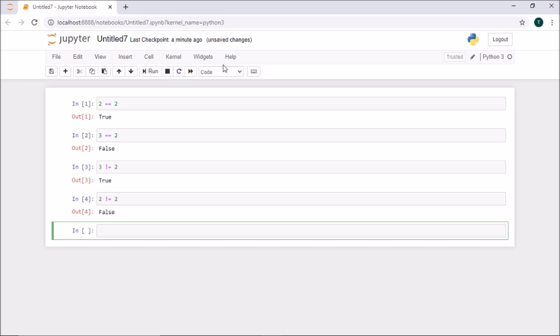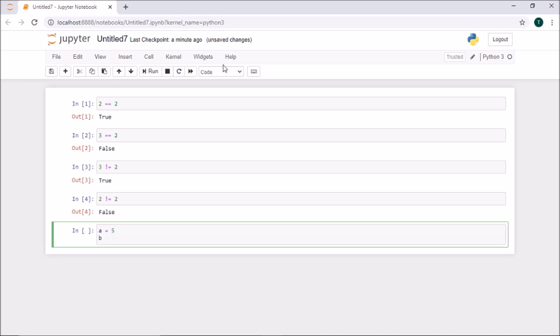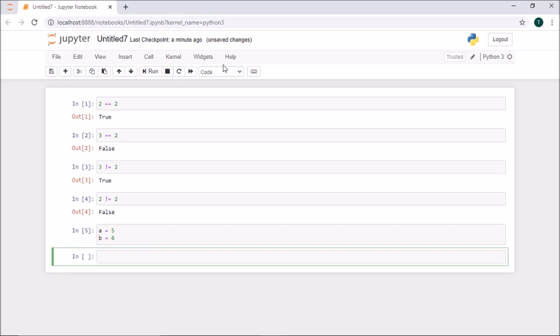We just saw yesterday, if I have a variable a equal to 5, and then I write b equal to 6, and let me run this code. If I just use a single equal sign, a equals b, it reassigns the value. It won't compare those values, it just reassigns.